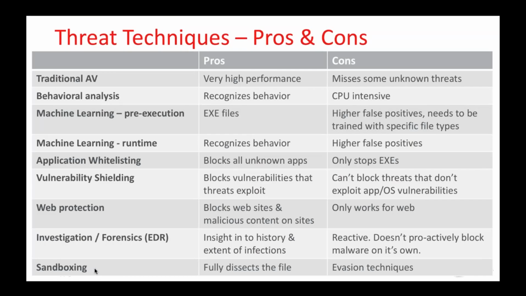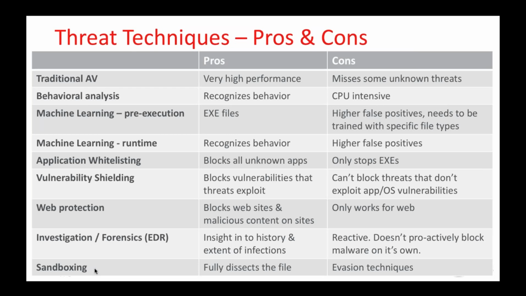I'm not going to go through this entire slide. I'm just going to pick a couple of things out. The whole point of this is showing that for every single technique against any type of threat, there is a pro and a con to it. So, for example, I just mentioned traditional AV. Very high performance. It can pick up everything it knows about. So every single virus that's been seen and blocked, we can have a massive catalog and back catalog of all